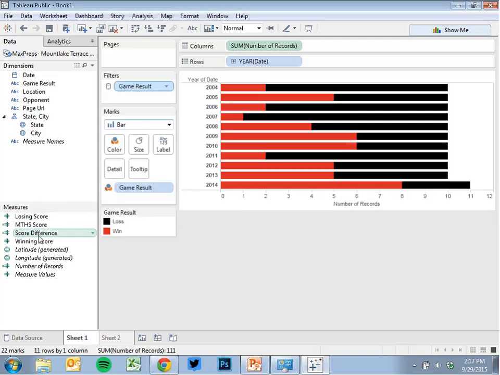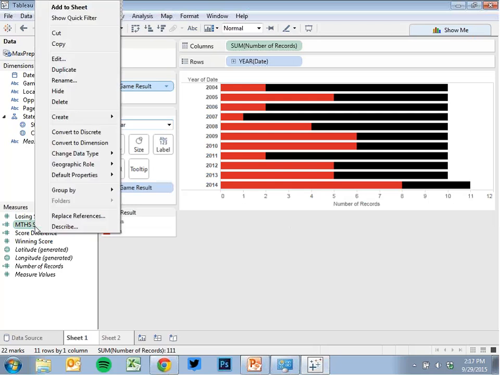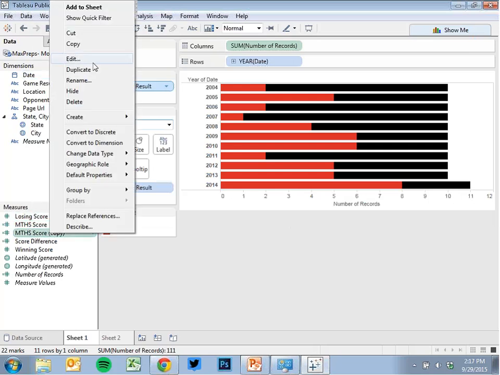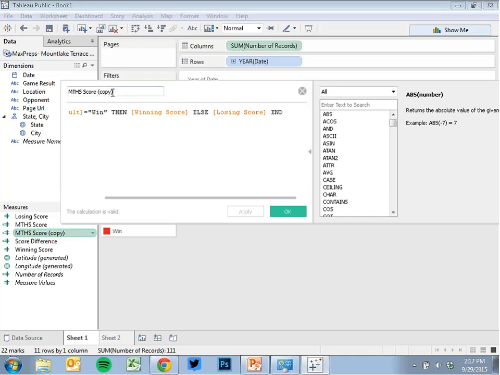And yes, I'm recording this too, so you guys can reference this video later. And I'm going to duplicate it and make the same thing for the opponent. And this time I'll just switch it by saying, instead, if you lose, then that means the opponent is the one that has the winning score. Okay.